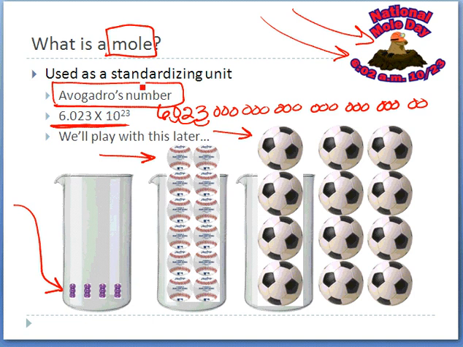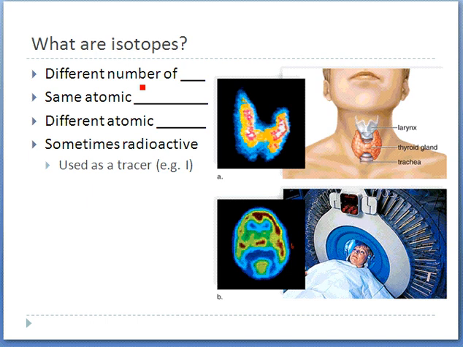Okay. So let's talk for a minute about another term you'll hear used frequently, particularly if you ever go into any kind of radio technology position, like if you're going to be an X-ray technician, for example. This term is called isotopes. And what are isotopes? Well, isotopes are, in essence, different versions of the same element that have different mass numbers. And it's not because they have a different number of protons, but rather because they have a different number of